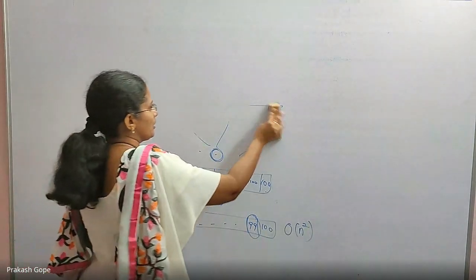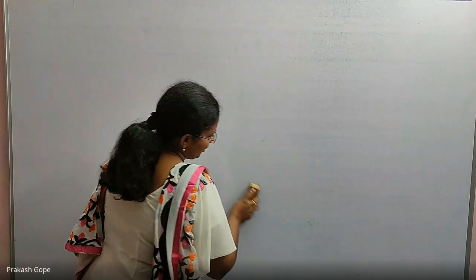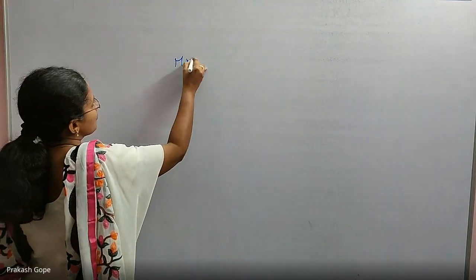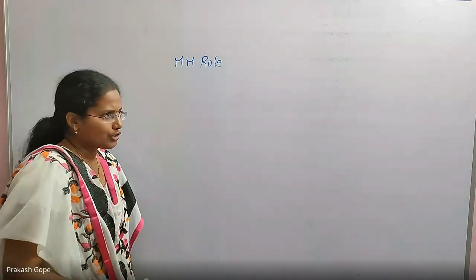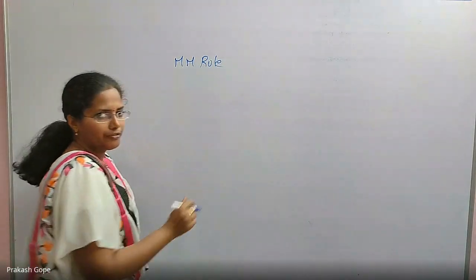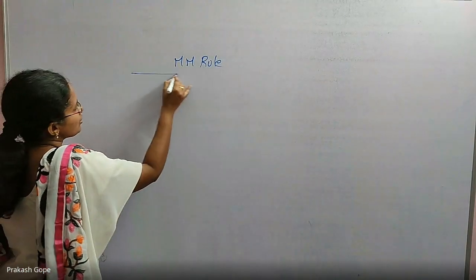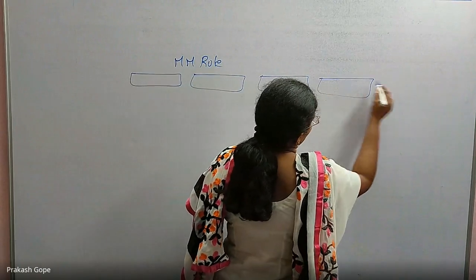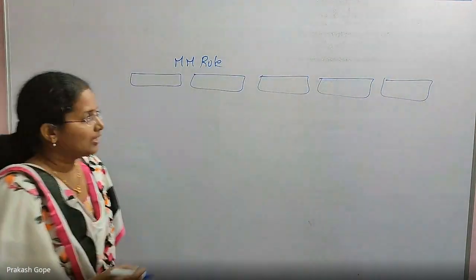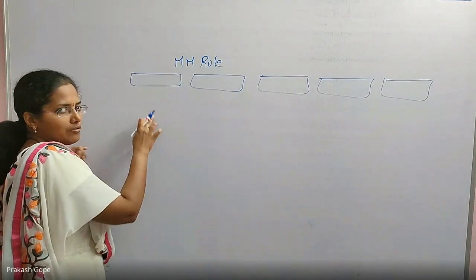Then they come up with a new approach called median of medians. Let us select median of medians as a pivot element. MM rule. This is called median of medians, which means the total elements, for example, you have 15 elements. All those 15 elements are divided into groups of three. First 3 elements, next 3 elements, next 3 elements, next 3 elements, next 3 elements. And then I sort the first 3 elements. It doesn't take time. 3 elements sorting will not take time.